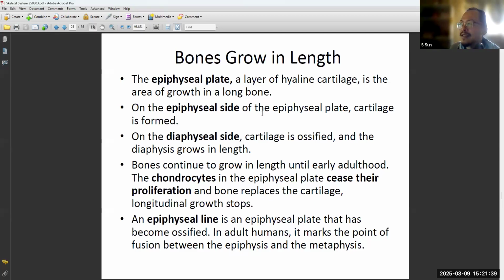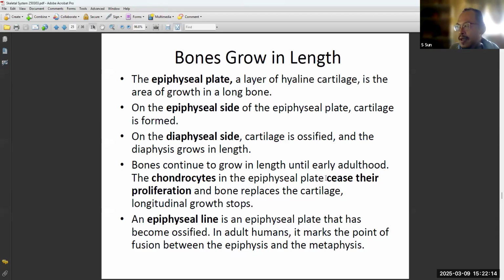The epiphyseal side of the epiphyseal plate, cartilage is formed, and on the diaphyseal side, the cartilage is ossified, becoming hardened. Both ends will harden, but the diaphyseal side will become the compact bone basically, and the epiphyseal side will become the spongy bone. And by adulthood, the chondrocytes